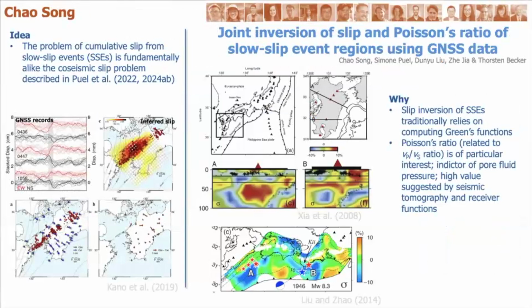Good afternoon, everyone. My name is Chao. I'm a postdoc working with Thorsten mainly. So today I want to talk about the joint inversion of slip and Poisson's ratio of slow slip event regions